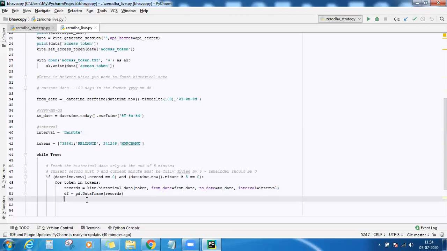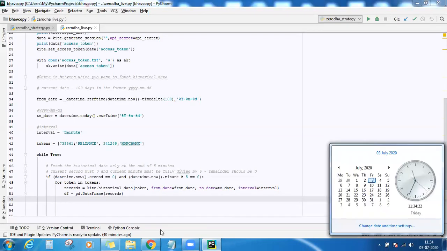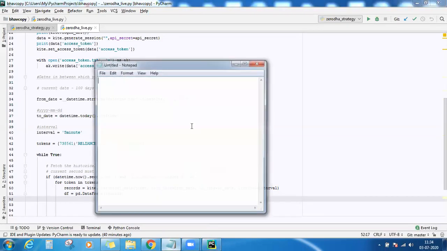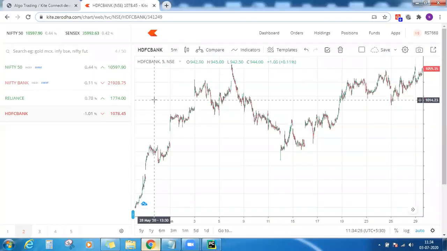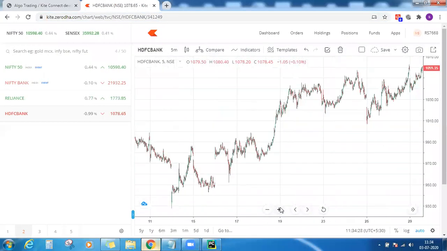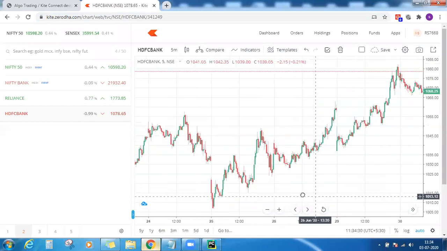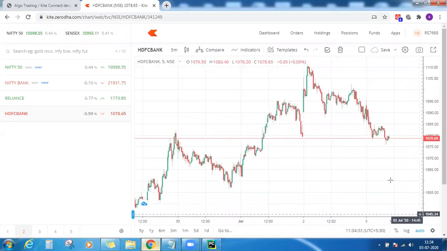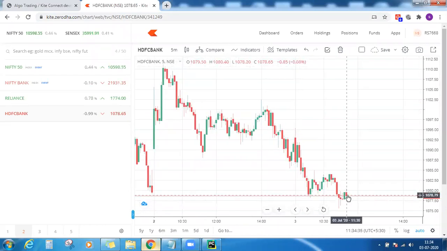Now, since you are requesting the data, let me first show you how the data will be inside the Kite. Then you will get to know what I am talking about. So this is HDFC Bank 5-minute data. Right now, the candle time is 11:30.